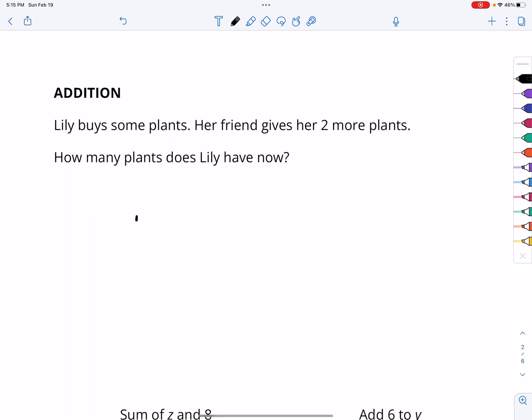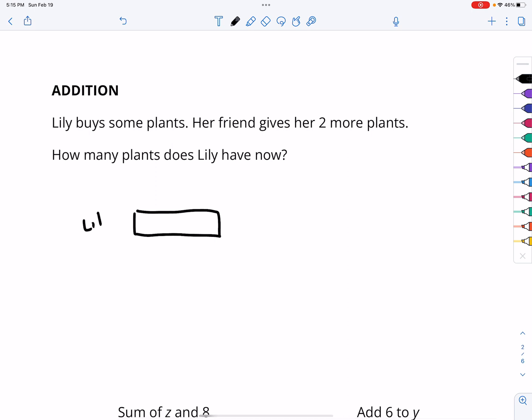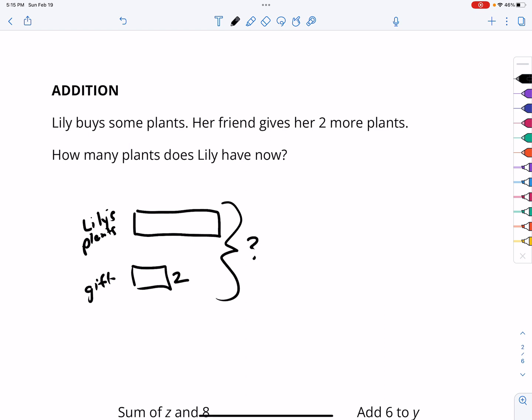So we know here's Lily's original amount of plants, and then there's two ways that we could look at this. Lily's plants, and then the ones that she's given. So the gift of plants. We know that the gift of plants is 2. Oops, that was supposed to be a 2. But we don't know how many plants she has now. So this would be a case where, because we don't know the value of how many plants Lily has at first, it just says some, we can assign that a variable. So this is going to be our unknown